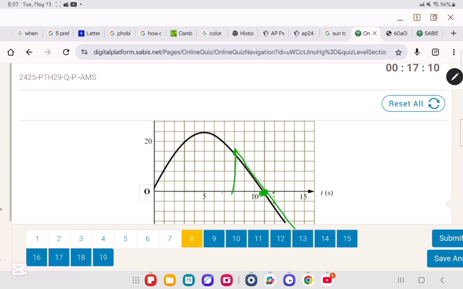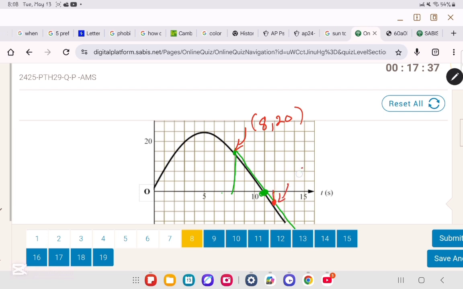Okay, so I fixed my tangent. I think you could draw it more accurately in the exam, hopefully. So this is what your tangent is supposed to look like, and you're supposed to take two accurate points. For me, the two accurate points I chose are this point over here, which is 8, 20, and this point over here, which is